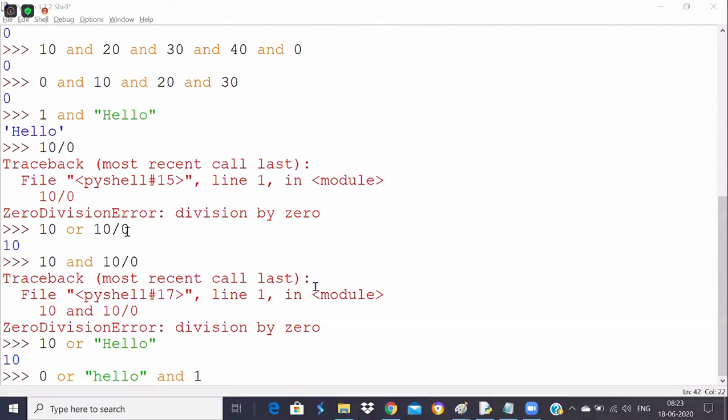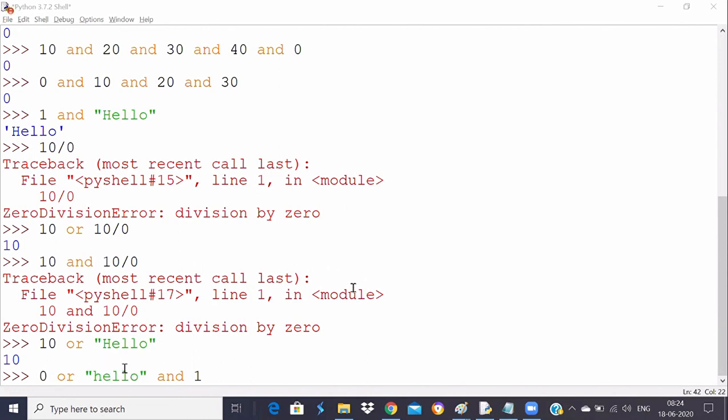Okay, let me explain once again. It's very simple, guys. Zero means false, right? In OR, if the first one is false, do we need to check the second one? Yes, needed, because it can be true. In OR, if the first one is true, then we will not check the second. But if the first one is false, we'll check the second one because it can be true.